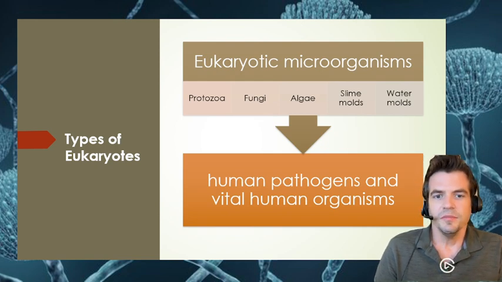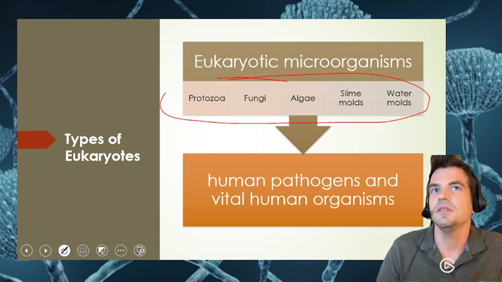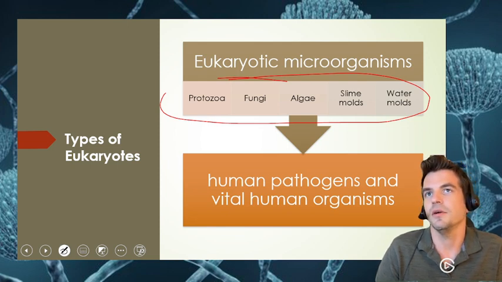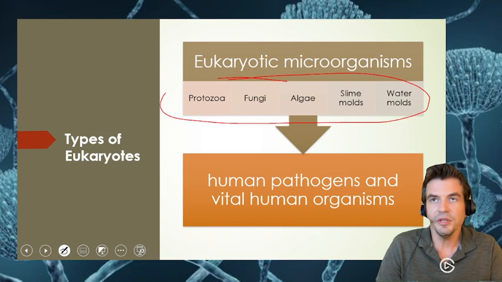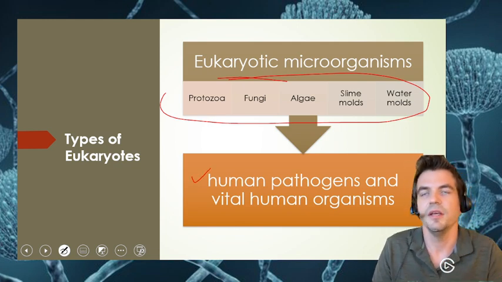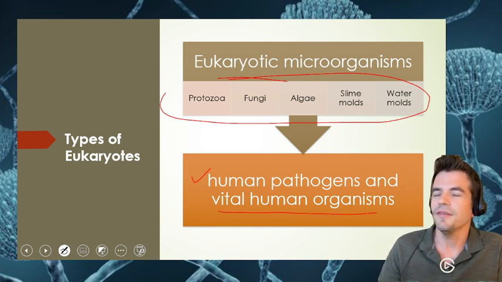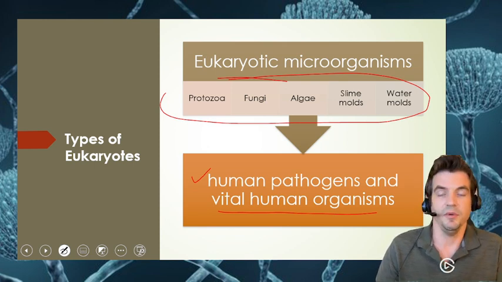Eukaryotic microorganisms include our protozoa, algae, slime molds, water molds, and we've already looked at protozoa and algae underneath our microscope under the pond water. We were able to see all the green algae and the protozoa. Alright, so when we talk about eukaryotes in the context of microbiology, we're mostly talking about human pathogens and vital human organisms. Vital human organisms are like fungi and things that break down things for us that we take advantage of. So